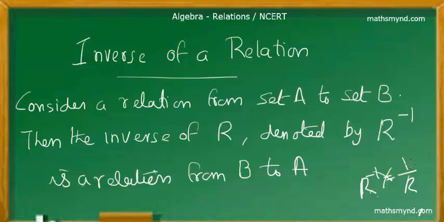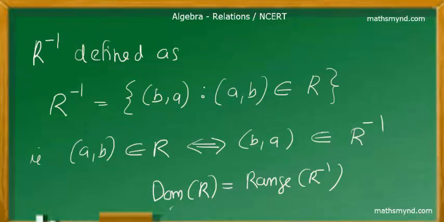It simply means that we are dealing with a relation in the other order, that is from B to A. Now the key point is, how do we represent it in the set builder form? Naturally, we know that if we are dealing with a Cartesian product of set A with set B, then the order of the elements would be A and B, but for an inverse relation, it would be the other way around, that's B, A. So r raised to minus 1 is B, A such that A, B is an element